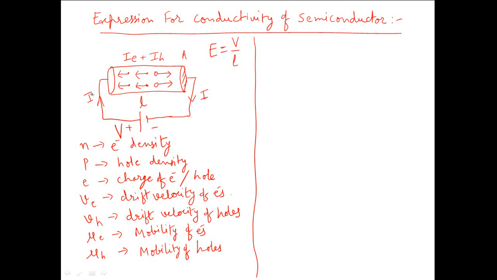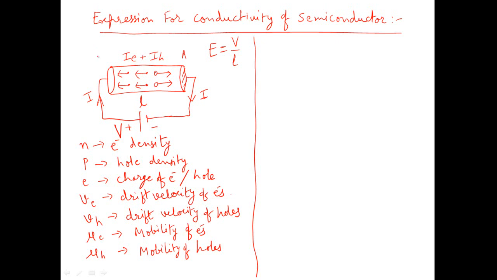And then we show the direction of conventional current I to be in the direction of flow of holes, or it is opposite to the flow of electrons. So in case of semiconductor, there are two types of charge carriers, that is current is carried due to the motion of electrons as well as due to the motion of holes, and hence the total current I which flows through the specimen of semiconductor is the sum of two currents, that is current carried by the motion of electrons and the current which is carried by the motion of holes.